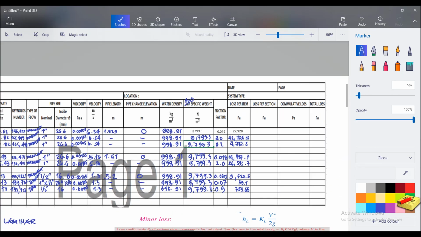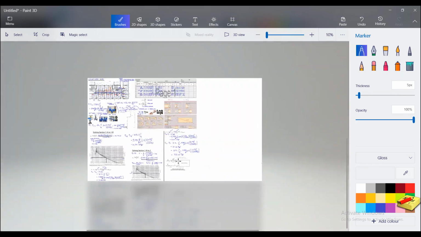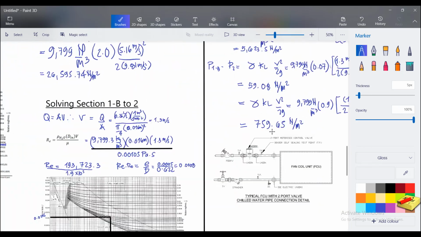Okay. So we have now the elbow. Okay, so